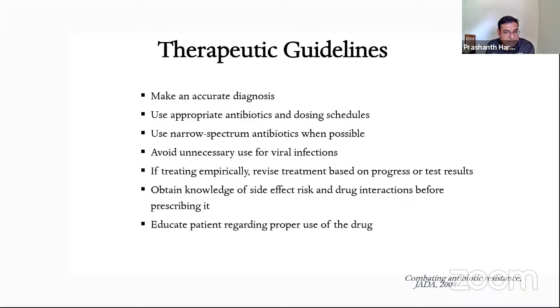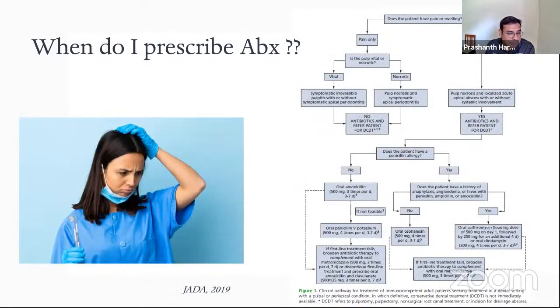when possible, avoid unnecessary use, especially when you know it's a viral infection, treat it empirically and revise the treatment based on test results, obtain knowledge of side effect risks, and educate the patient for proper use of drugs. So the question is, when do I even prescribe antibiotics? So there is a new 2019 guideline for urgent need for acute